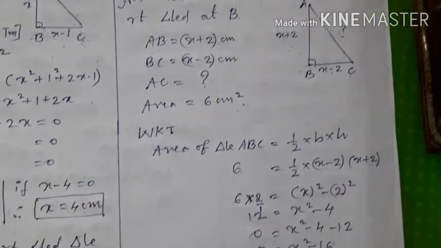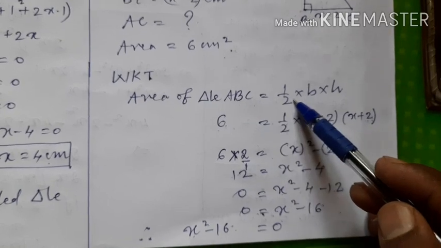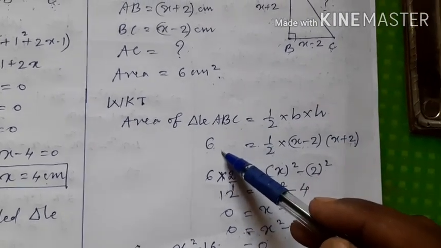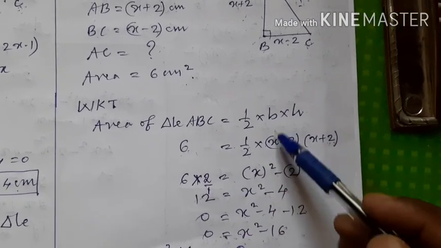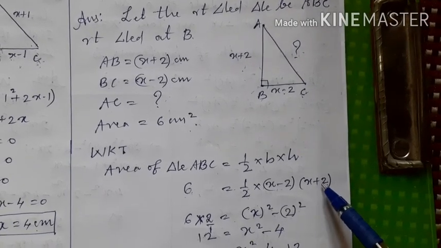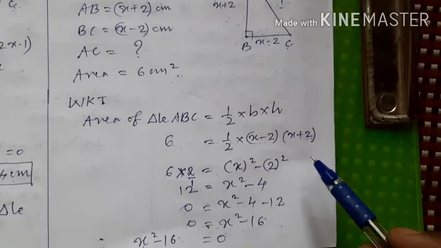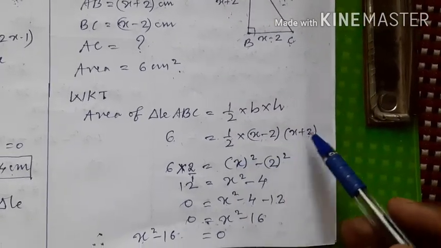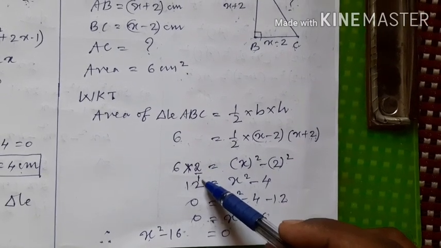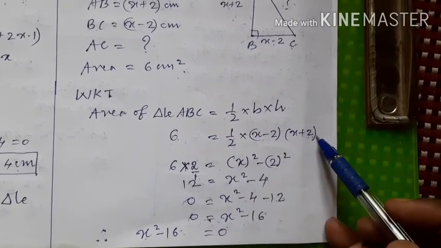Okay. See here, children. We know that area of the triangle ABC is half into base into height. Area of the triangle is 6 centimeter square they have given. And this is half into base is x minus 2 into height is x plus 2 centimeter. Now half into base into height. If this 1 by 2 is transposed this way, it becomes 2 by 1. Now it is 6 2s are 12 is equal to, it is x minus 2 into x plus 2 means